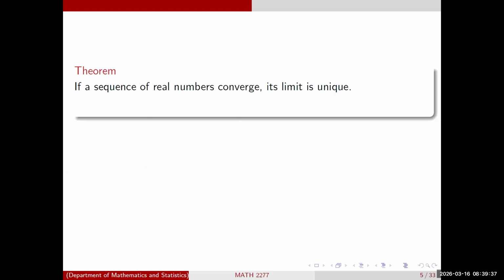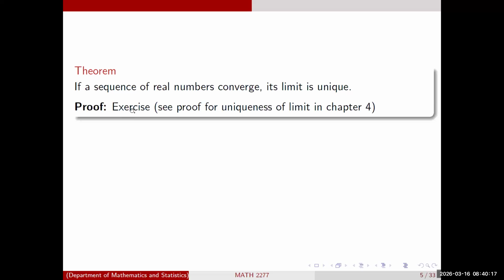So just like we saw with limits, if the limit exists, it was unique, right? So in all the proofs in this section, you should go back and check the similar proof in the last chapter. Because if you know one of these proofs, then you know the other one. So there's no need to learn the same proof twice, right? You just learn what you need to change, the little similarities. So this is saying if a sequence of real numbers converges to some limit, there's only one limit you could converge to,